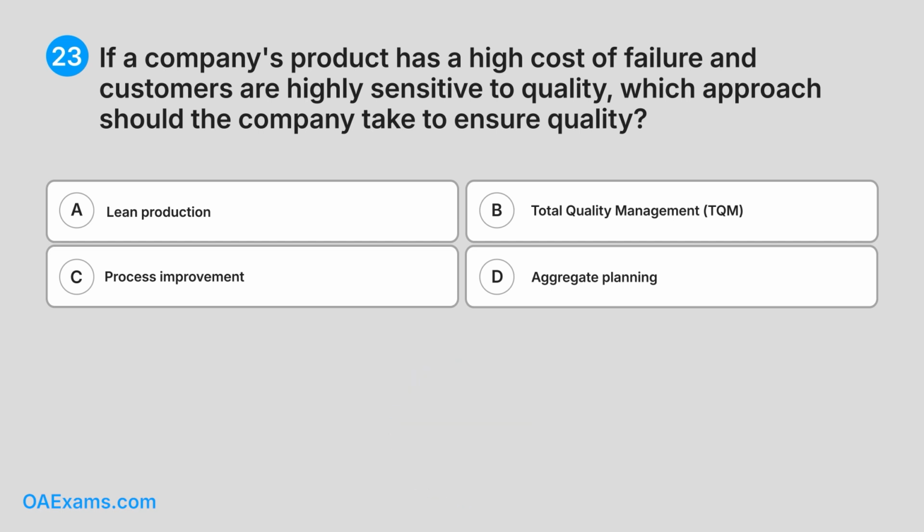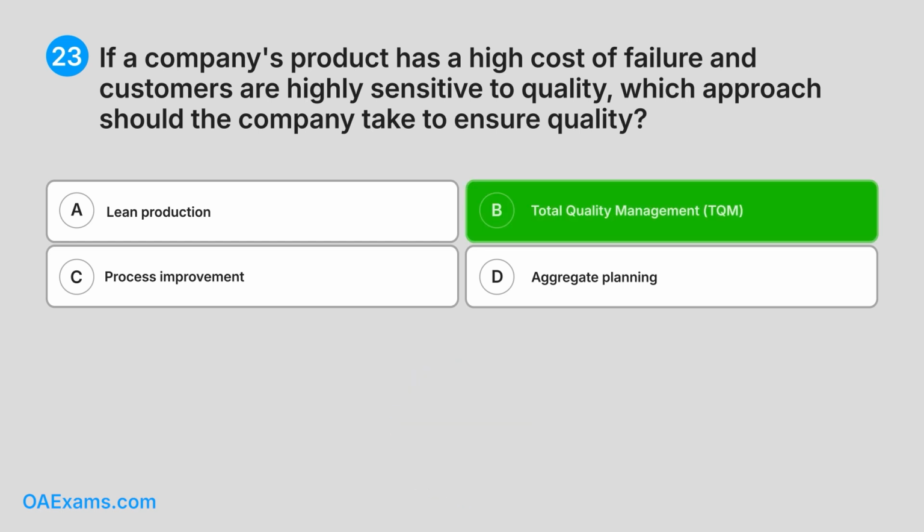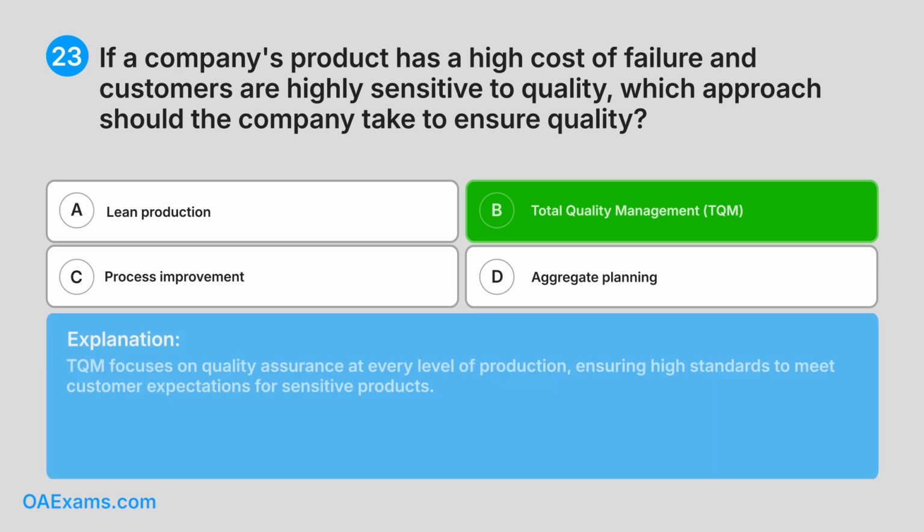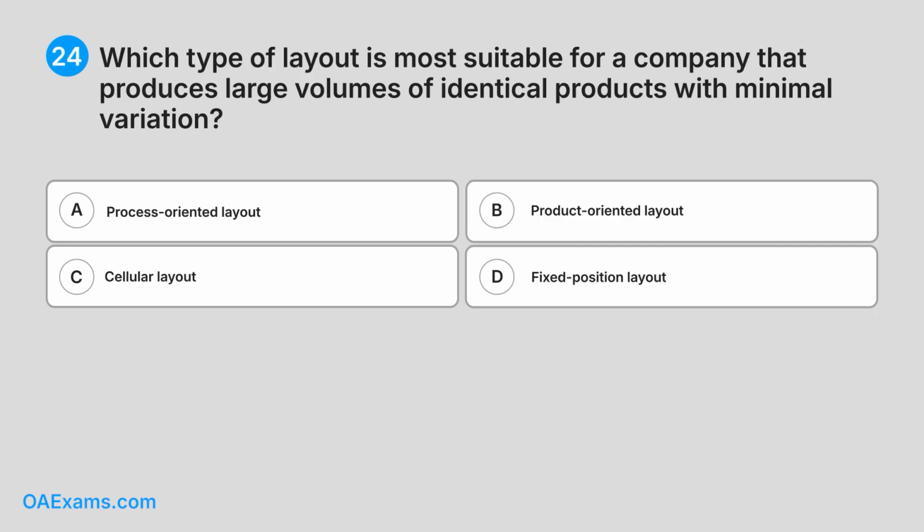Correct answer. B. Total quality management, TQM. Explanation. TQM focuses on quality assurance at every level of production, ensuring high standards to meet customer expectations for sensitive products. 24. Which type of layout is most suitable for a company that produces large volumes of identical products